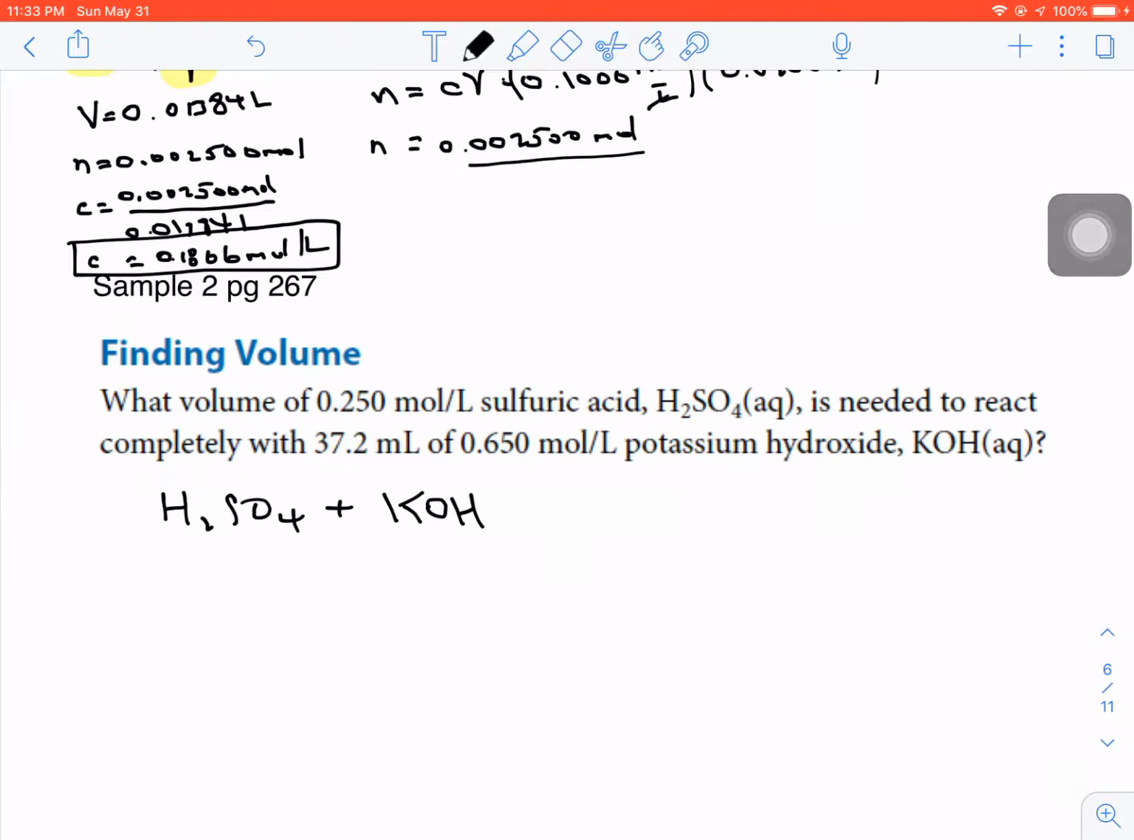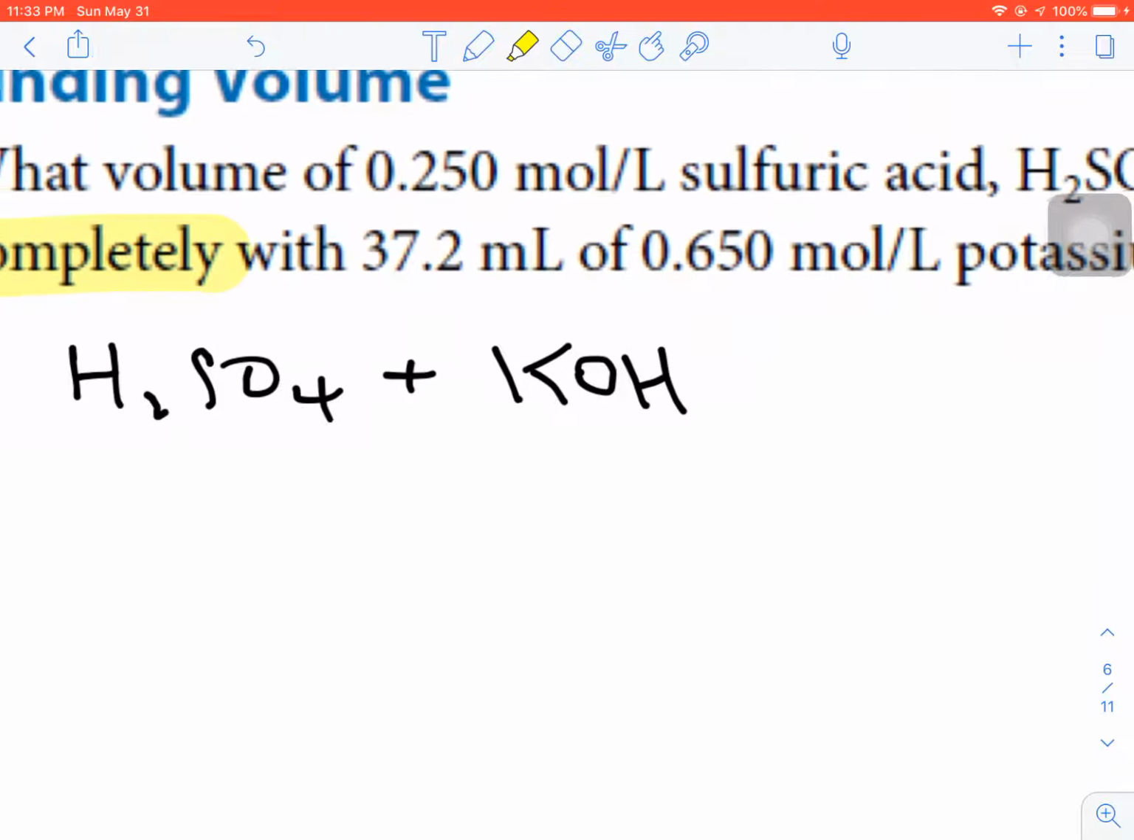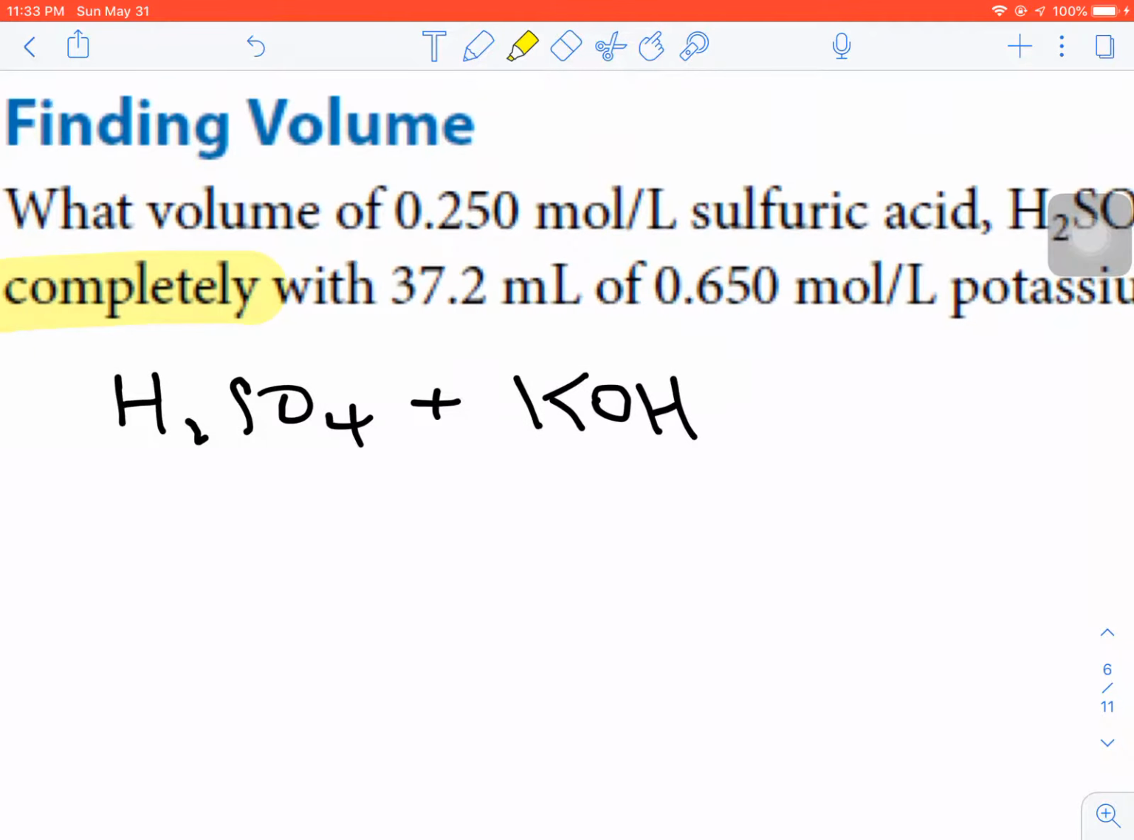Now, it says I'm trying to react completely. In other words, I'm trying to neutralize all of the hydroxide. Now, we're told the volume of sulfuric acid. Oh no, it says what volume of sulfuric acid. So my V here is unknown. We're told the concentration of the sulfuric acid, though, 0.250 moles per liter. It says we have potassium hydroxide. The volume is